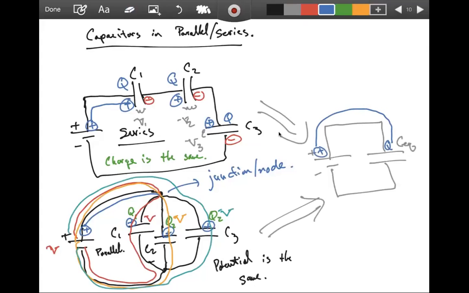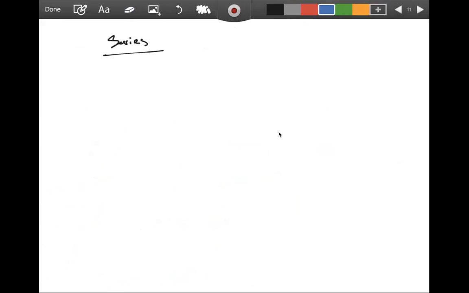Again, the potential coming out of the battery, by the loop rule, has to be split up among the 3 different potentials on the 3 different capacitors. What has to be true by the loop rule is that the potential from the battery must be equal to the sum of those 3 potential drops across the capacitors. So my potential is simply equal to V1 plus V2 plus